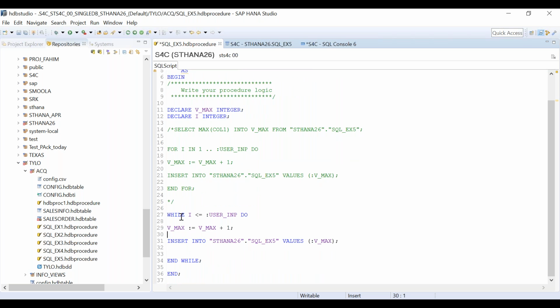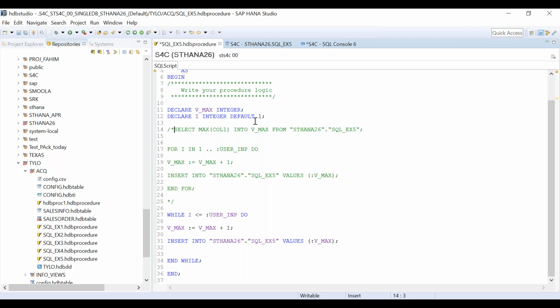So while will come here, it will say, okay, now here one catch is there. What is the value of I when I don't declare anything? So I have to declare default as 1. So now it will come and say 1 is less than equal to user input. Now, for example, user input is 10. So 1 is less than equal to 10. Yes, go inside. It will go.